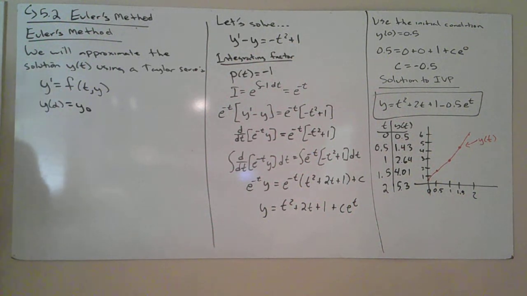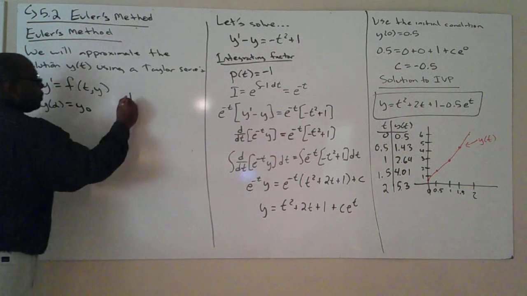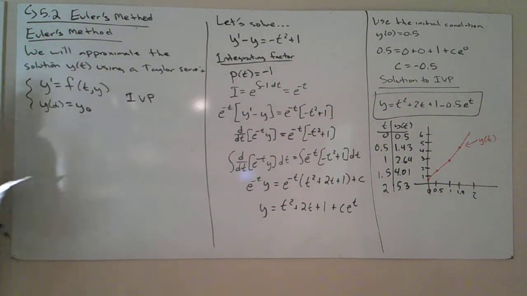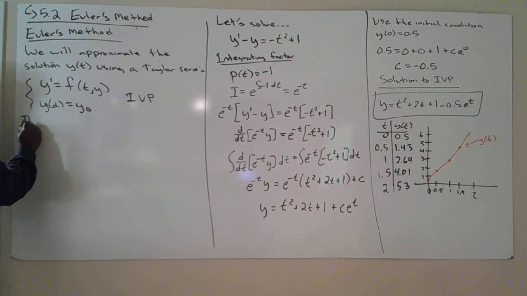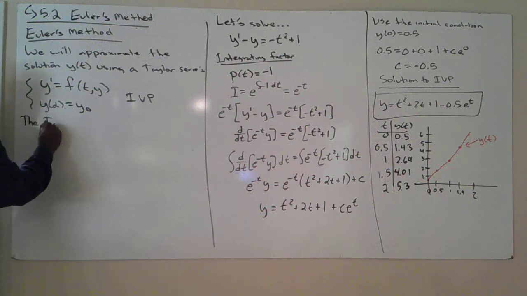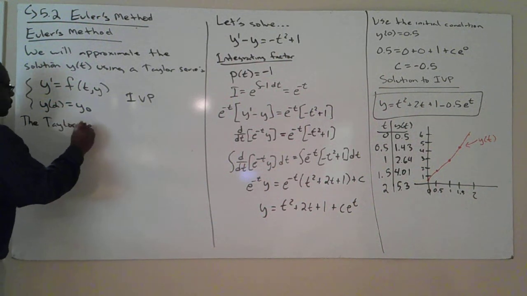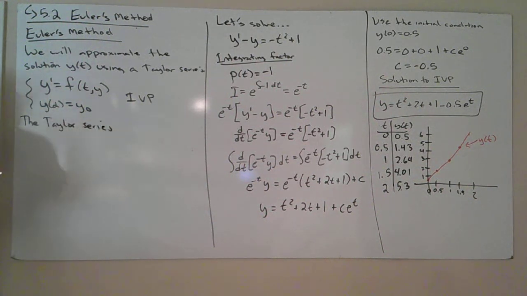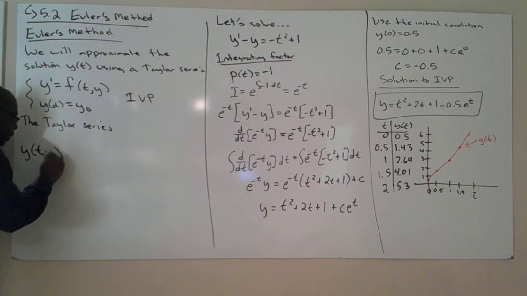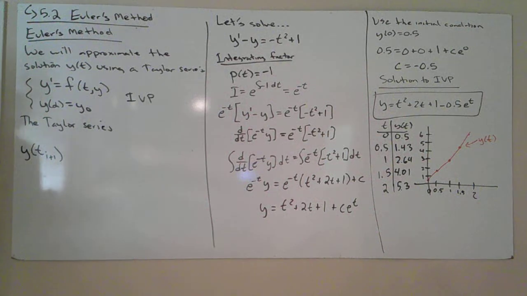This is my initial value problem. And what we can say is, okay, with the Taylor series, we're going to have y of t sub i plus 1. This is going to be equal to,